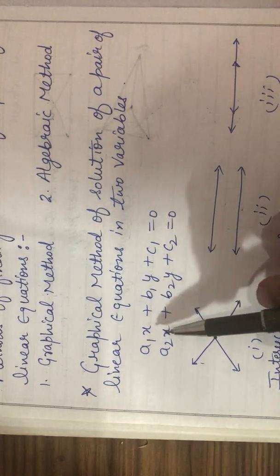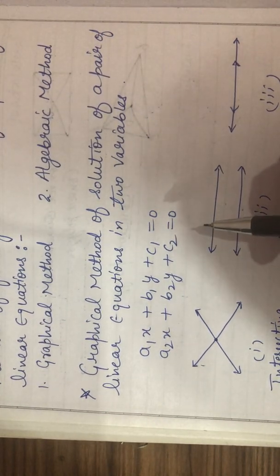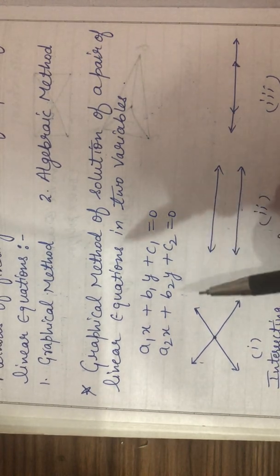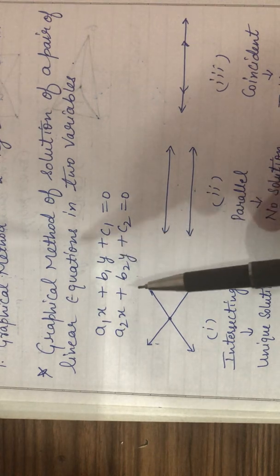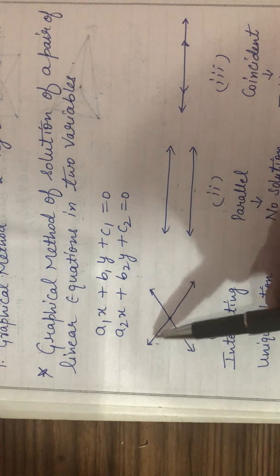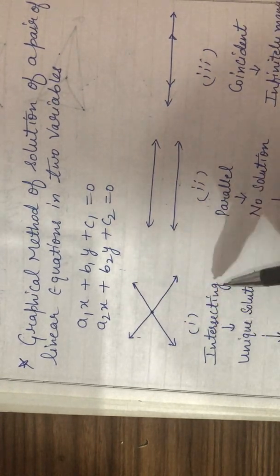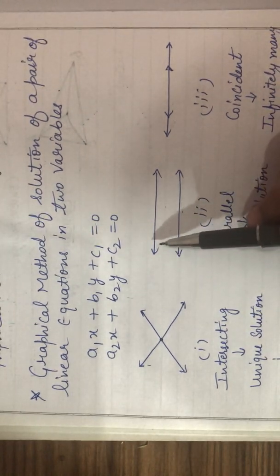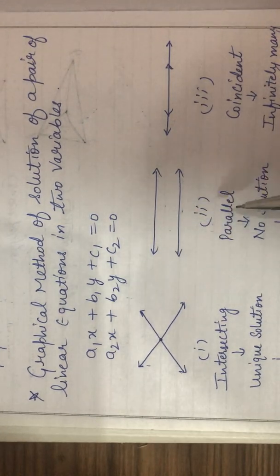Now when we draw the graph of this pair of linear equations, I have explained that we come across three cases. There are three possibilities. What are those three? Let us recall. We may get the graph in this form, that both the lines will intersect, so the graph will show intersecting lines. Second possibility is that the lines will not meet anywhere, will not intersect anywhere. It means they are parallel.